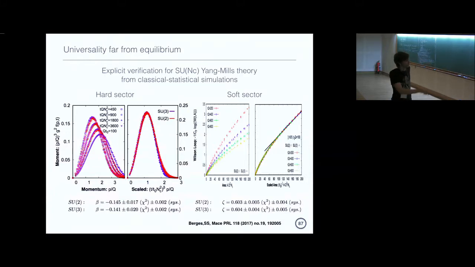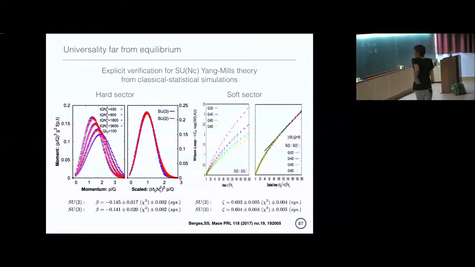So this is plotted as a function of the area of the loop divided by the number of colors in the space. And again, you can do this within the two theories. There are open points here, triangles or something like this, which are SU(2) and SU(3), right? And again, you see essentially no difference between the two theories. In particular, again, comparing the measurements at different times, you also have a self-similar behavior of these Wilson loops.